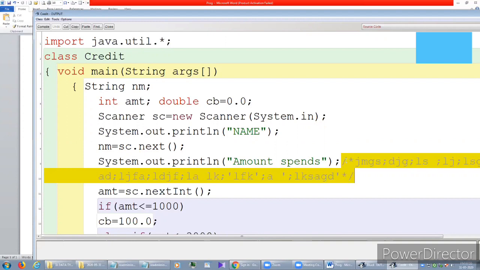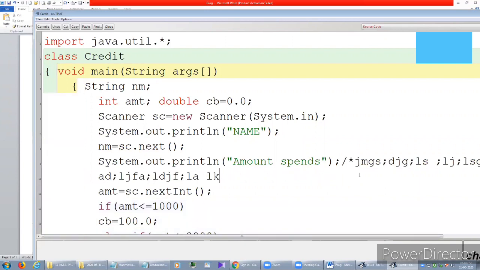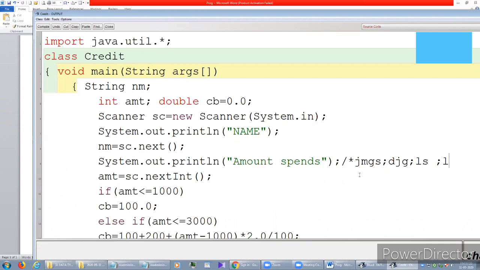Three types of comments are available: single line comments, multiple line comments, and documenting comments. What is the use of comments? If you give the proper syntax for comments, they will not participate in the program, and they help for further reference.